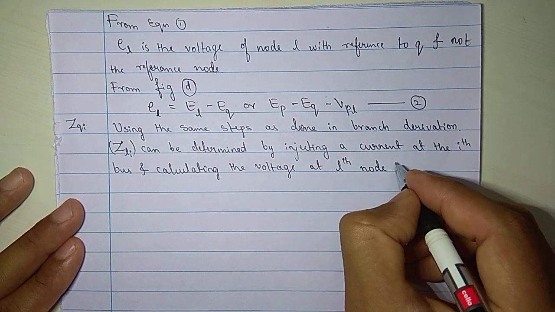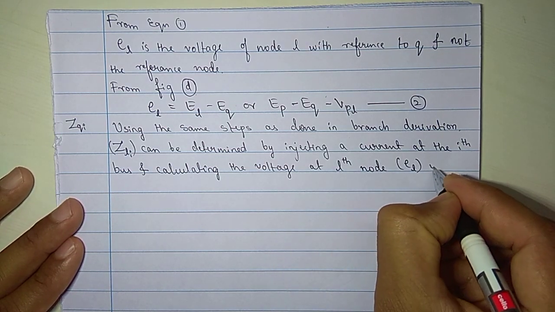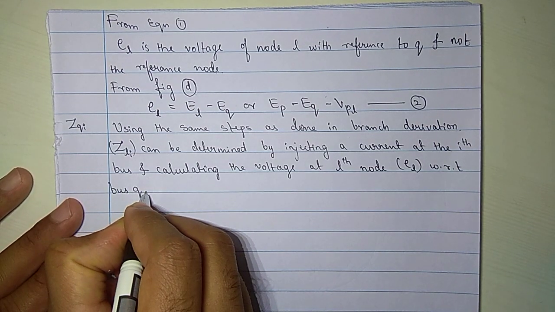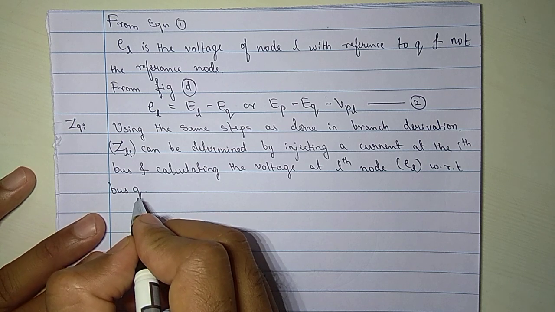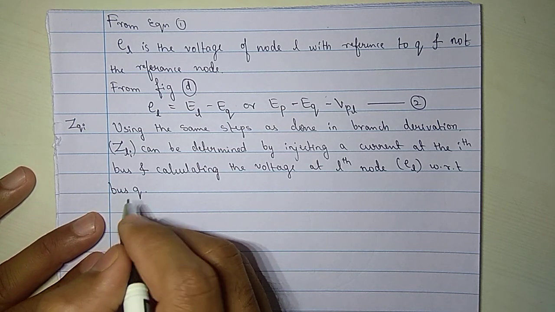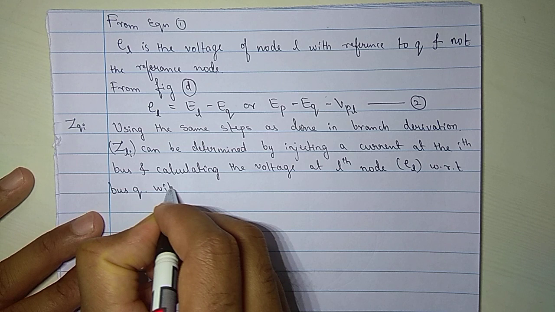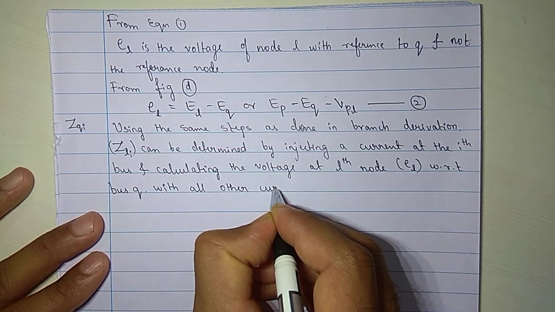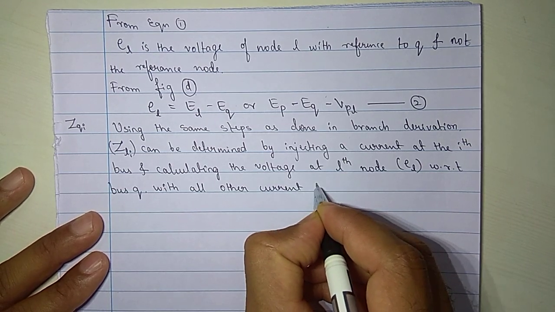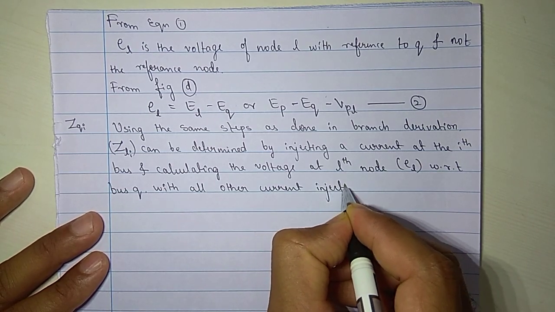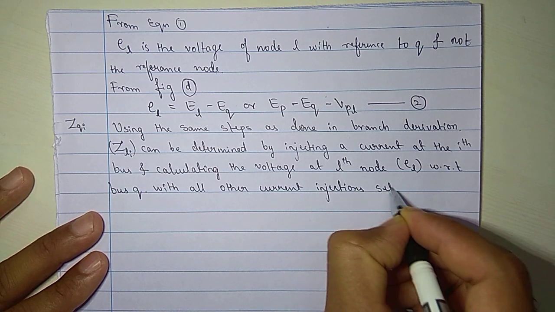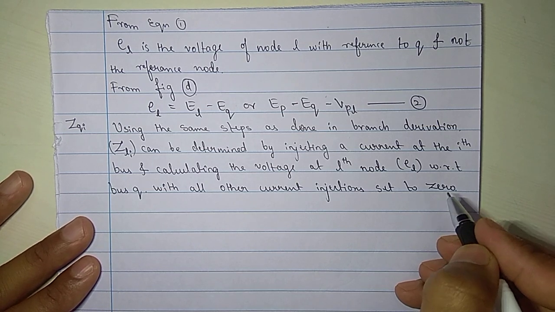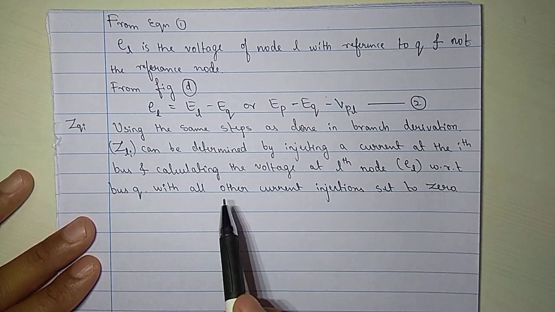The lth node we are calculating voltage means it is E suffix L with respect to bus Q. It is only with respect to bus Q, not with respect to reference, with all other current injections set to 0. This is the assumption they are taking, which means that